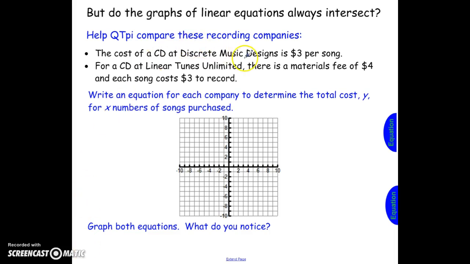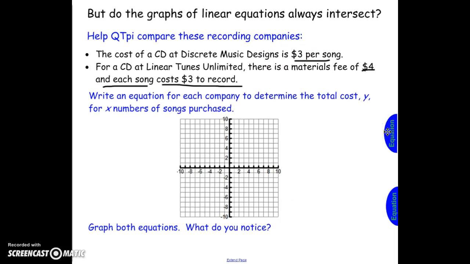We have Discrete Music Designs is $3 per song. Linear Tunes Unlimited has, sorry, a materials fee of $4, and then each song is $3 to record. So that first company, $3 per song, would have the equation y equals 3x,